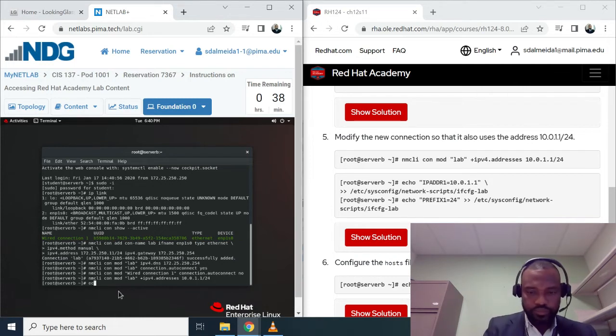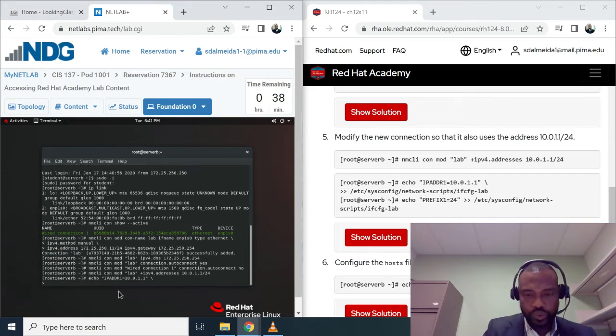So echo IPADDR1, all in capital, right? To do capital you just hold the shift key before you press any other key, right? 10.0.1.1. We close that out, forward slash, enter, and then make sure you do the pointer, right, the double pointer,